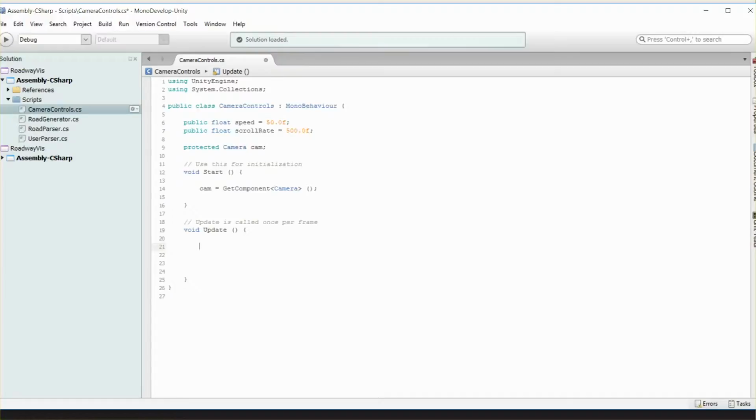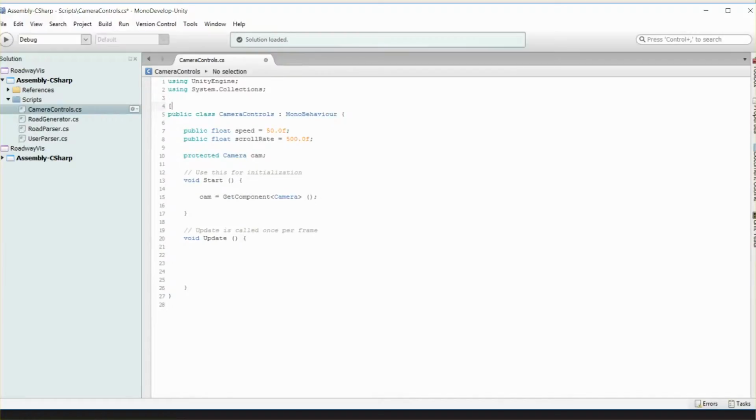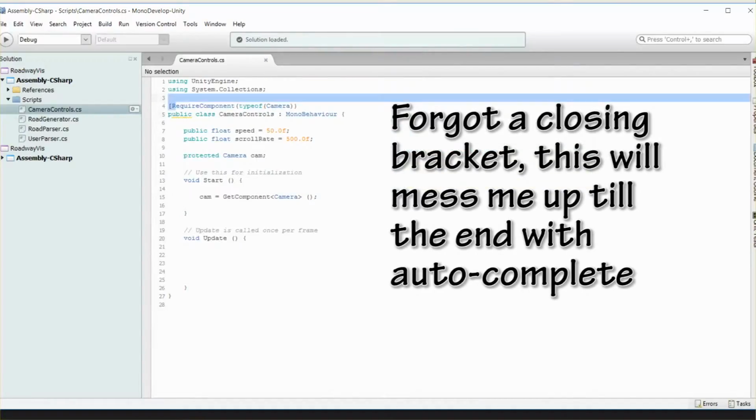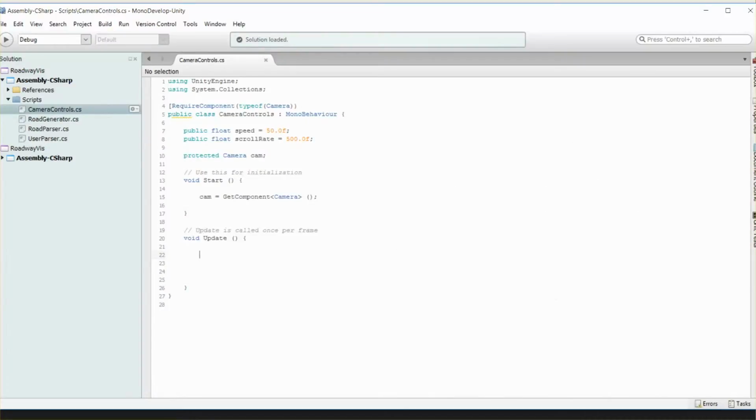By the way, something we could add, because we're requiring a camera reference, we could of course go to RequireComponent, parenthesis, typeof, and then Camera. Just a fail-safe in case we ever use this script somewhere else. Anyway, back in Update, let's do a float h, which is going to be our horizontal movement,